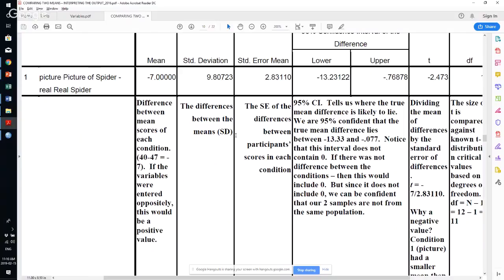Then the differences between the standard deviation. Then you have the standard error of the mean. So that's the differences between the participant's score in each condition. We then have